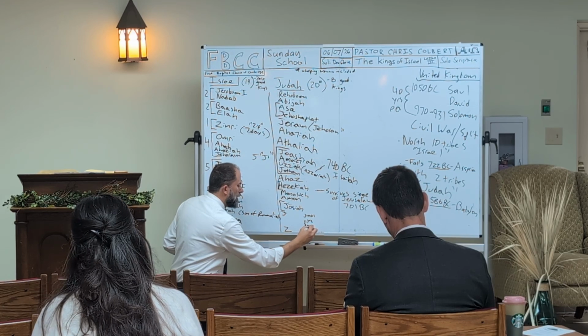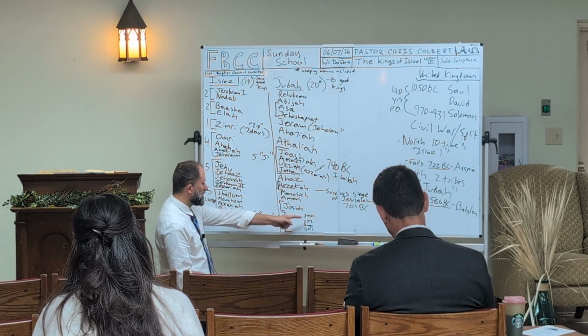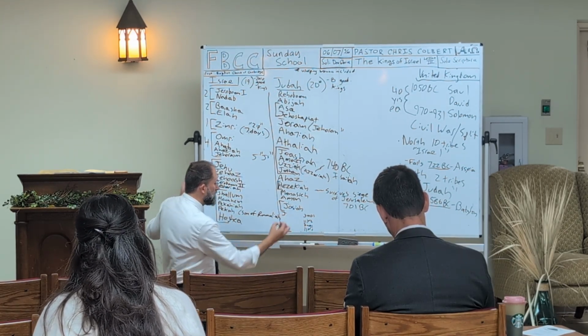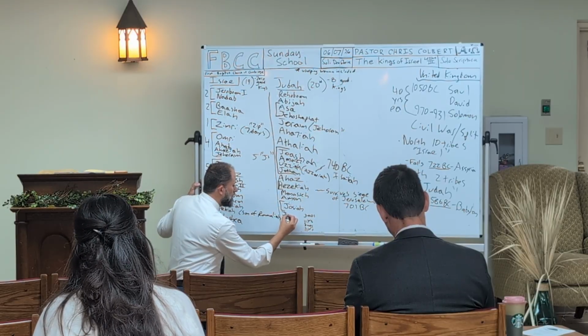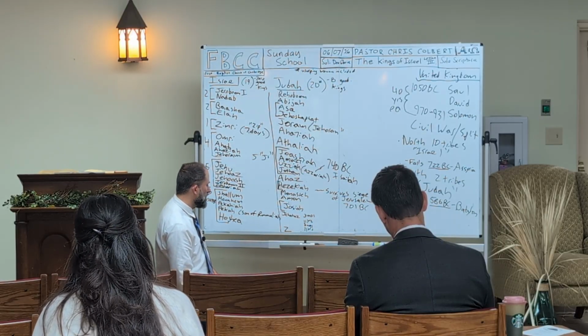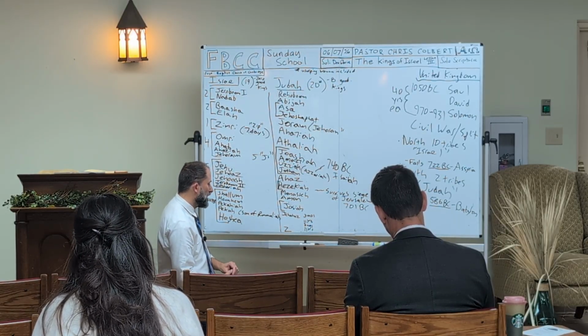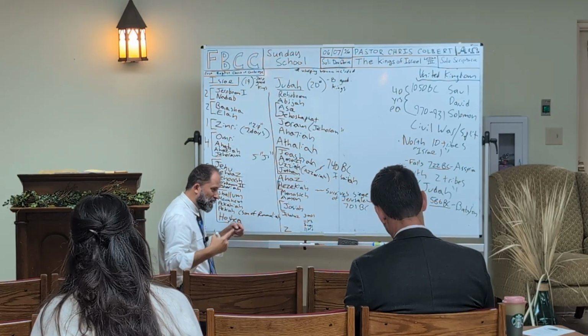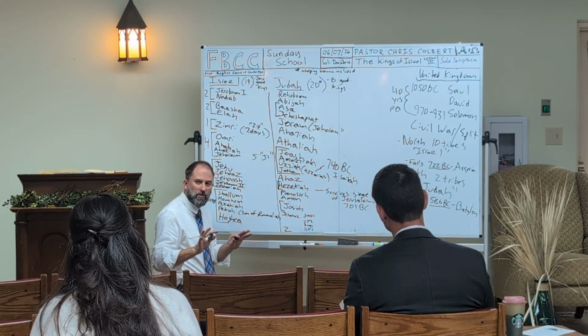Right. 3 months, 11 years. 3 months, 11 years. So the first one, Jehoahaz. He's also known as Shallum. But, you know, that's the advanced level, so don't go confusing yourself.